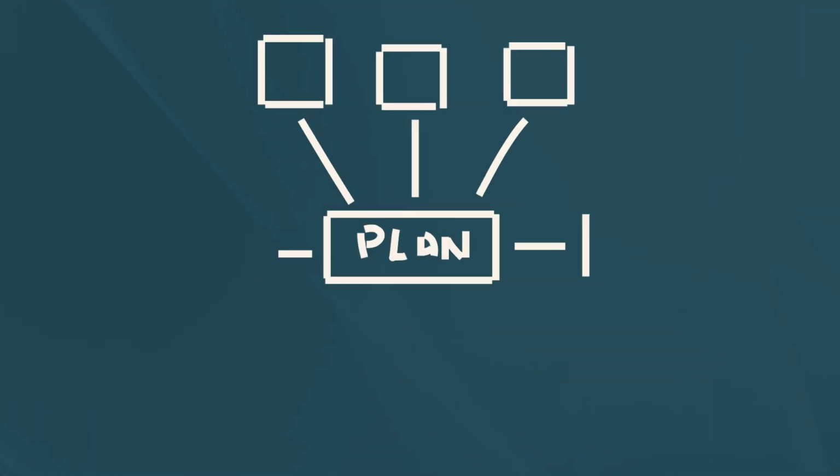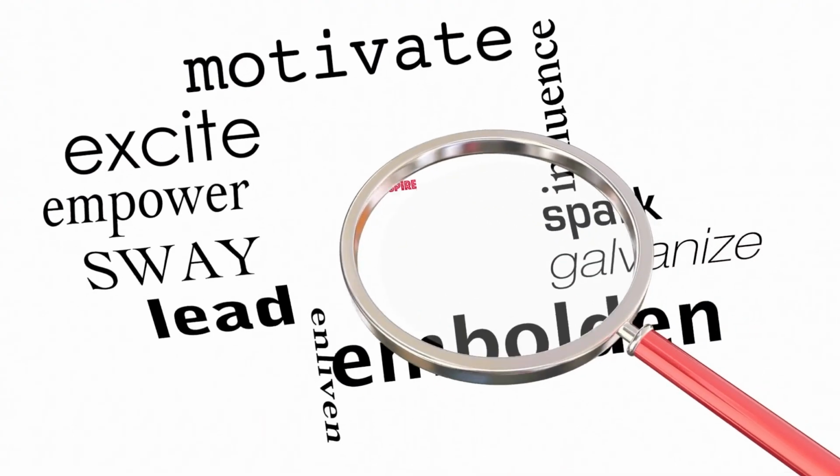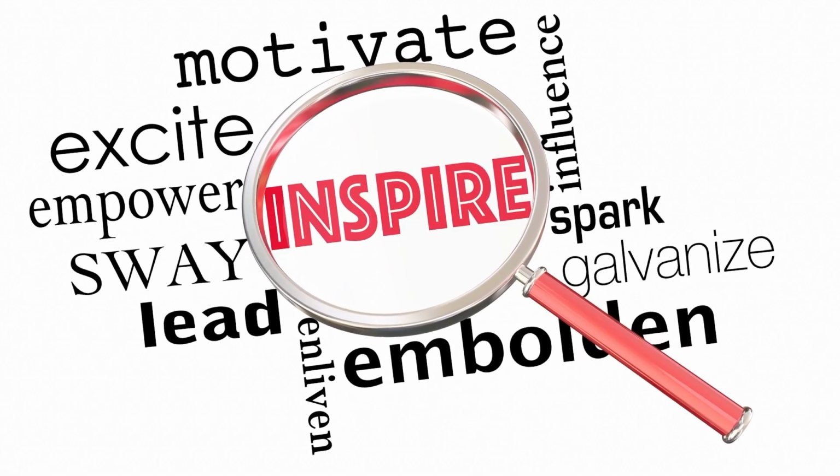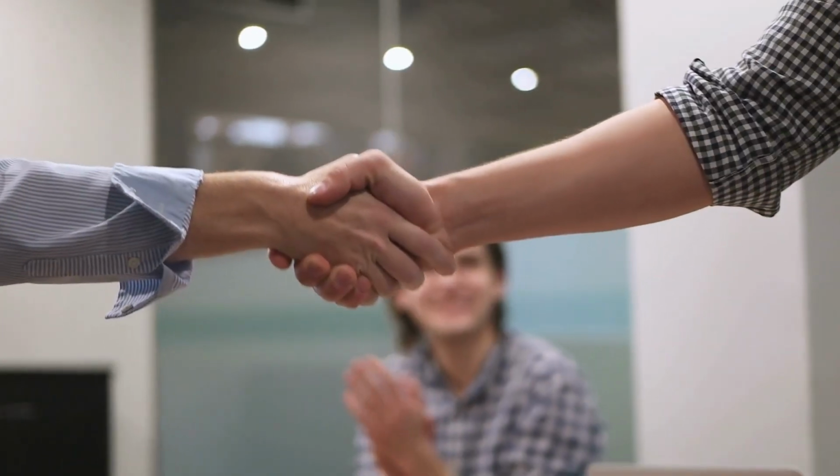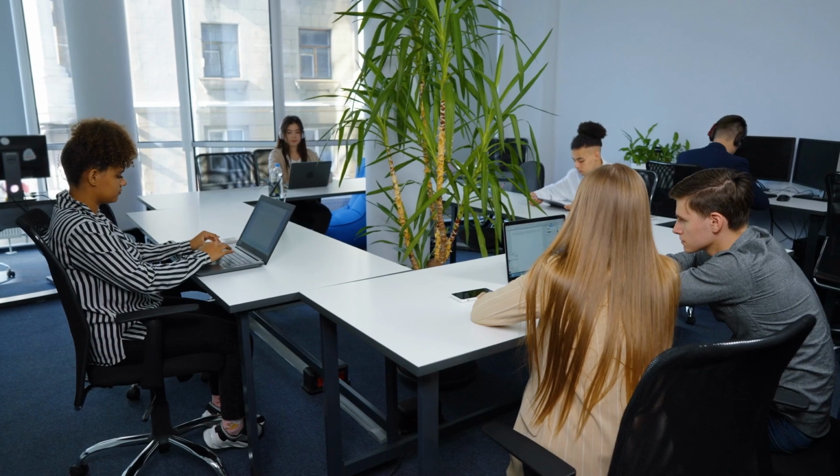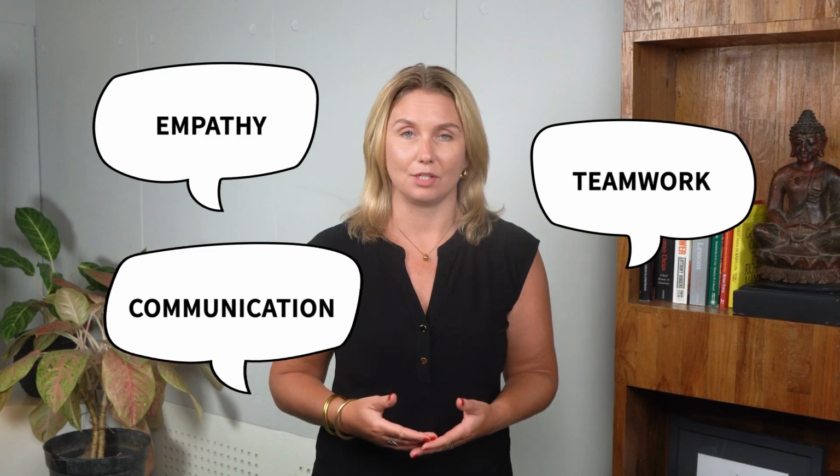So why do we see them clustered together? Well, because they're closely interdependent and mutually reinforcing. Effective leadership requires the ability to inspire and guide a group towards a shared goal, and this is significantly enhanced by social influence, which allows leaders to engage others and motivate them to take action. Social influence involves the interpersonal skills that make leadership impactful, such as empathy, persuasive communication, and relationship building. With hybrid and collaborative work models on the rise, leadership skills, especially those involving empathy, teamwork, and communication, are essential. These human skills cannot be replicated by AI, yet, making them indispensable for fostering collaboration and influencing positive workplace culture.